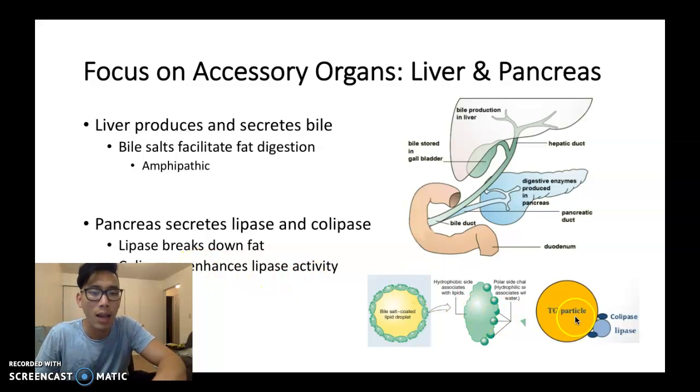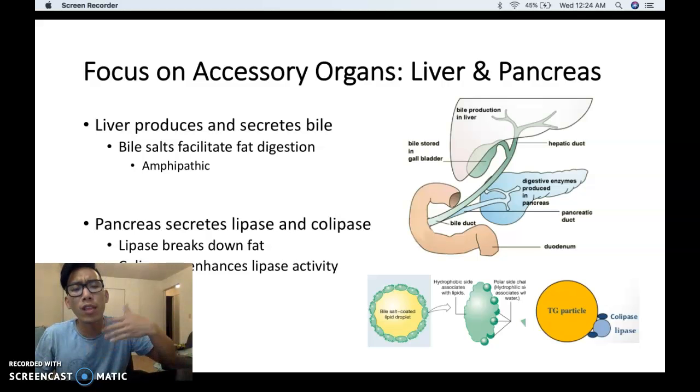And by that, I mean that it anchors the lipase, and the colipase will displace some bile salts, which allows the lipase to continue to break down fat and really go into the center, I guess, of the fat molecule to break it down into further smaller fat